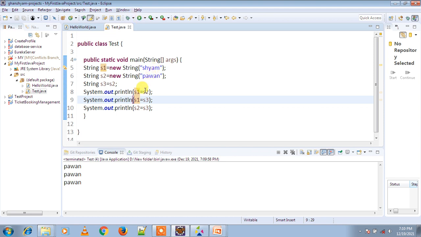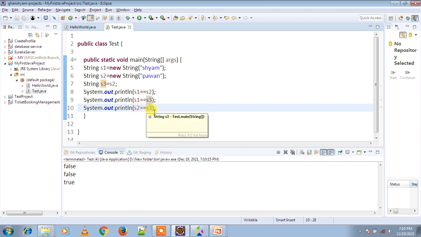Control S, then run. Now you can see s1 equal to s2 false, s1 equal to s3 false, and s2 equal to s3 is true.